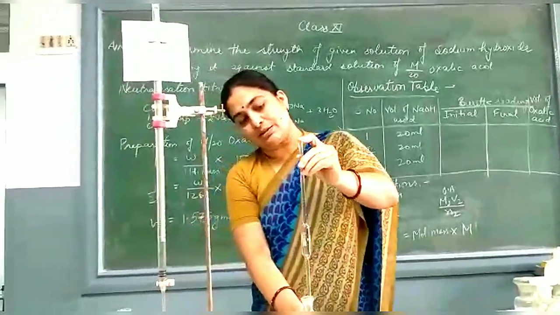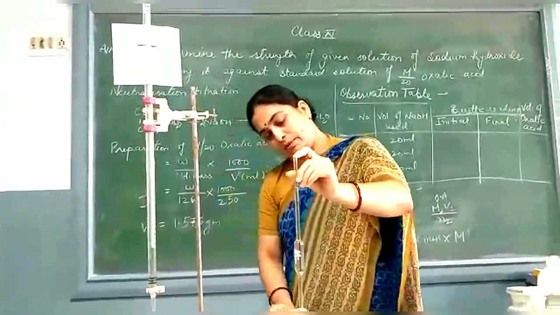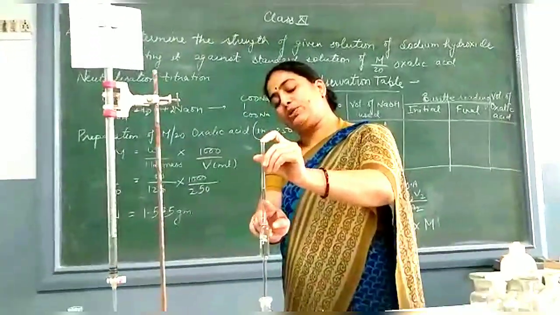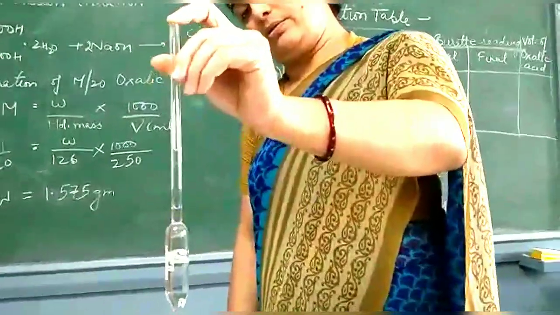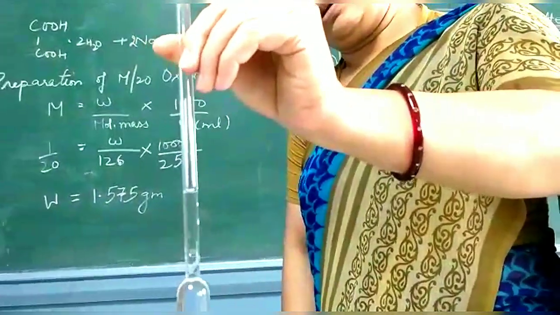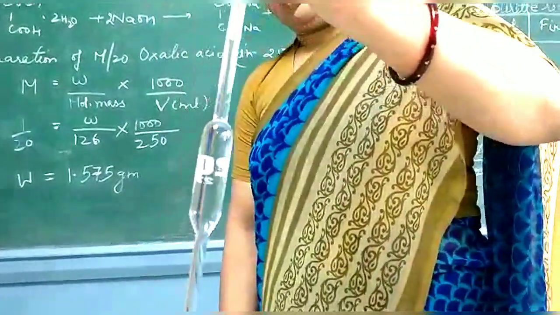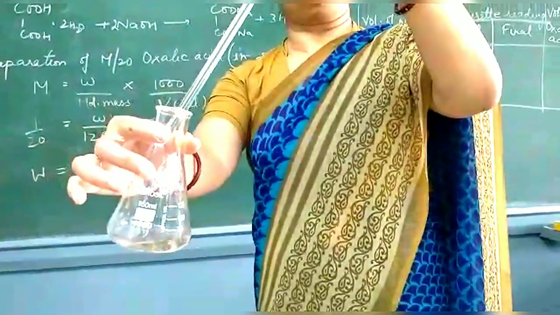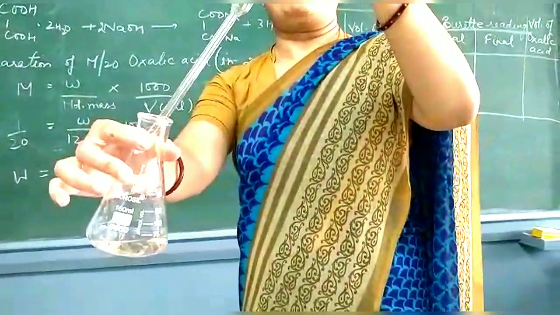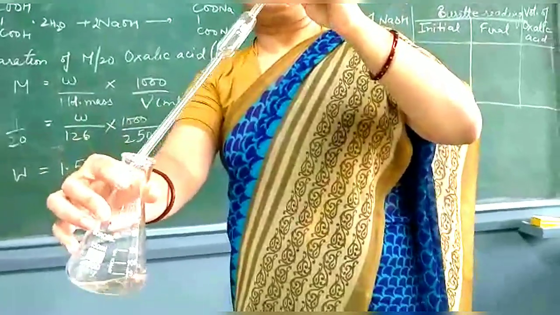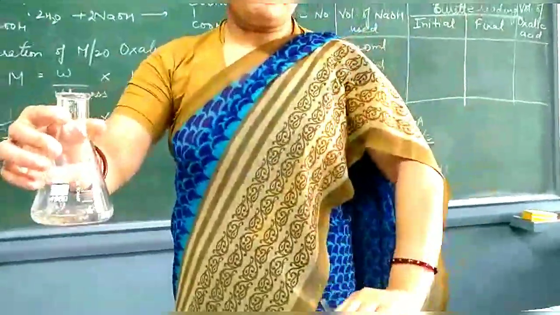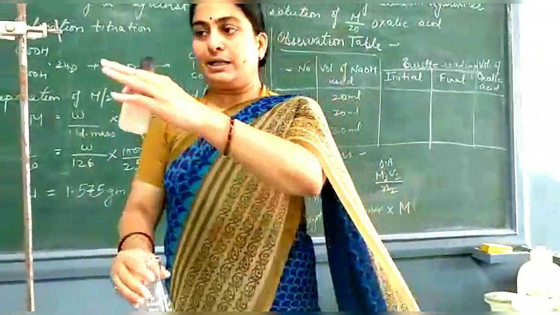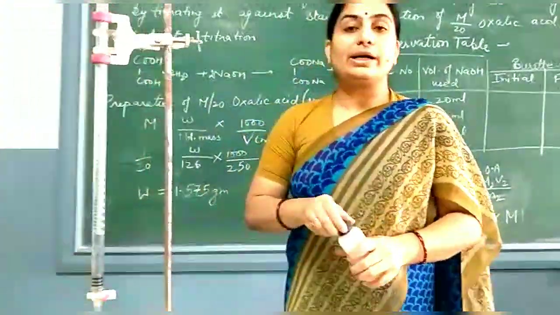So once I suck this solution in the pipette, I'll just make this level up to this mark. And at this mark, I'll take out the solution and transfer it to this flask. Once I transfer this solution in the flask, here I am having acid, and in the burette I am having